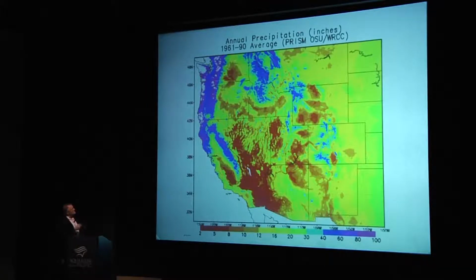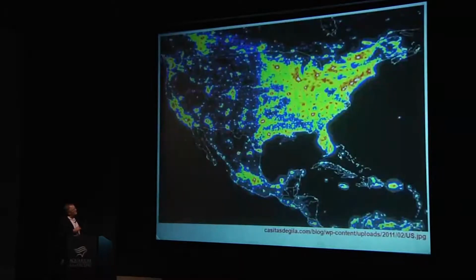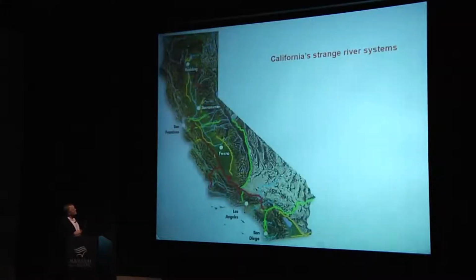So again, looking back at this picture here, in the western states, this is how precipitation is distributed. A lot up here, not so much down here. How are people distributed? Well, they left the light on for us. Looking at the satellite photo of the lights, it's sort of proportional to the population. Of course, we have San Francisco and Sacramento up here, and then we have this large concentration of people, something like 18 or 20 million people down in this part of the state. So the people are where the water isn't. And so in order to get those together,